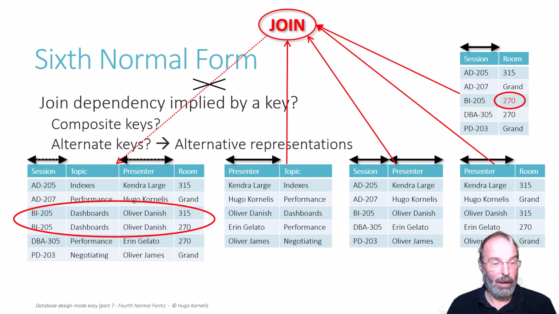And that means that we now actually violate both of the candidate keys that we had identified in the original table. So no matter how you choose to join the new tables together, you don't get back the original table. In this case, there is no join dependency. And that doesn't mean that we are not violating 6th normal form. That means we did an incorrect decomposition because we created 2 different versions of the same table, one with session as the column, one with presenter as the column, which is impossible if you have a one-on-one relationship between session and presenter.